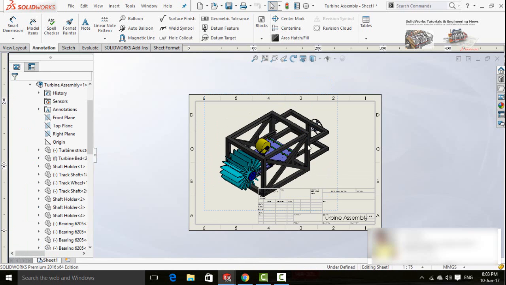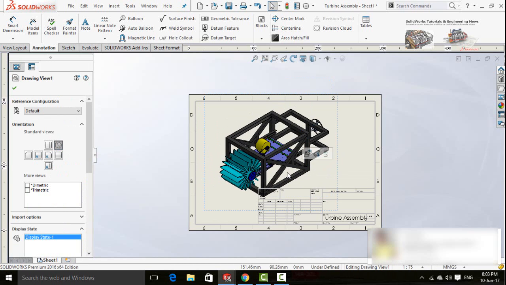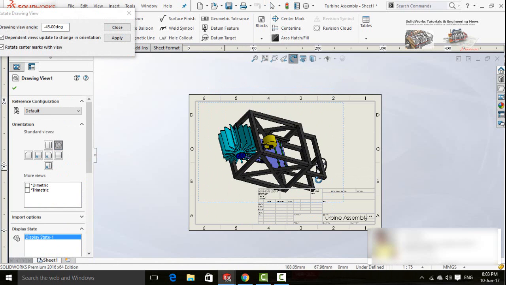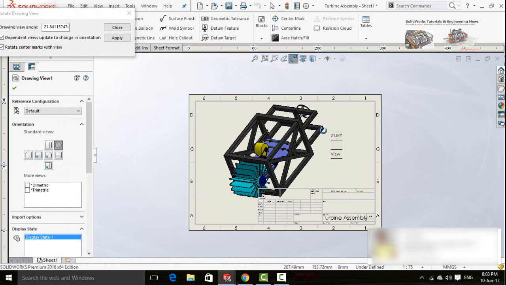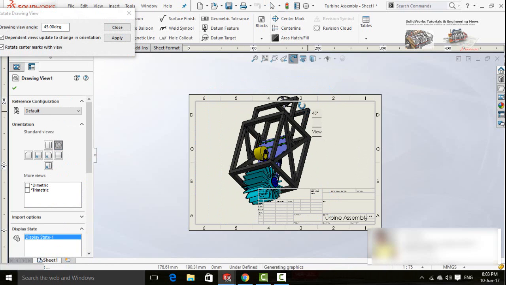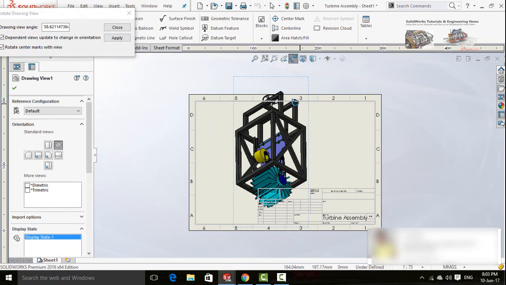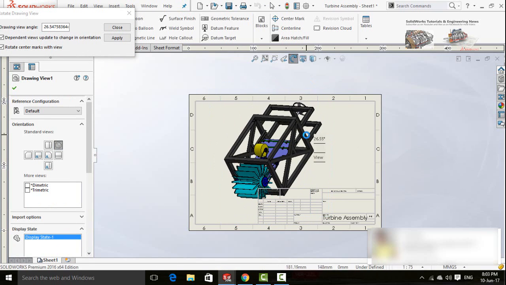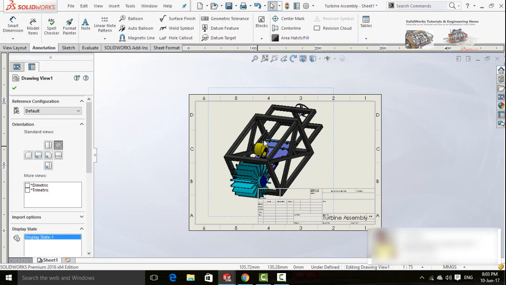You can also drag your model. To rotate the view of your model, select the model and then select rotate view. Now drag the mouse to rotate it. Now press close button.